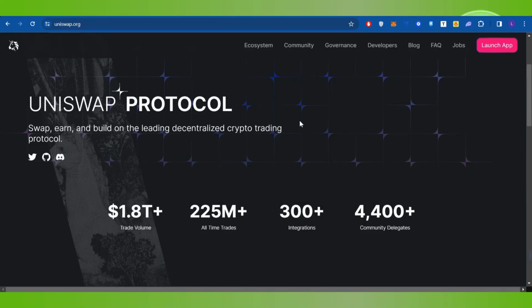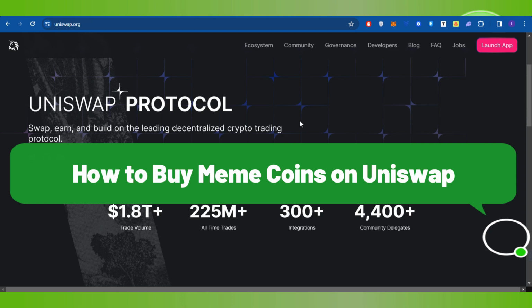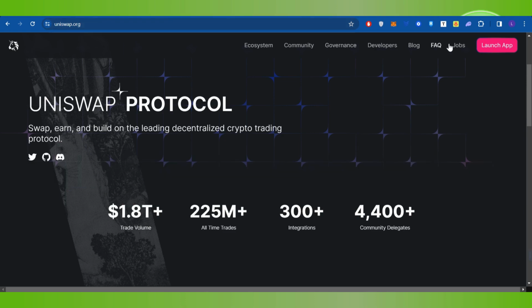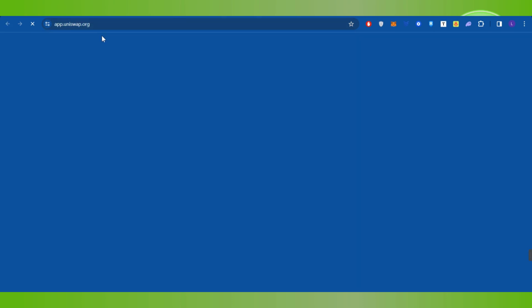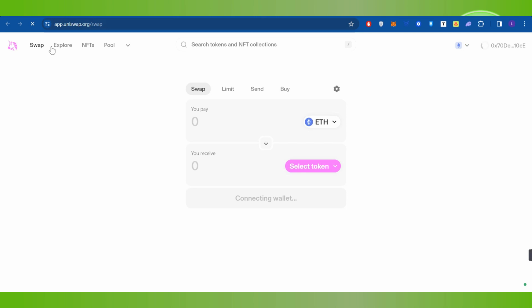Hello everyone, welcome back. In this video, I will show you how to buy meme coins on Uniswap. For that, you will have to open your web browser and in the search bar, you simply need to type app.uniswap.org. This will land you on the official website of Uniswap, where by default you will be on this swap